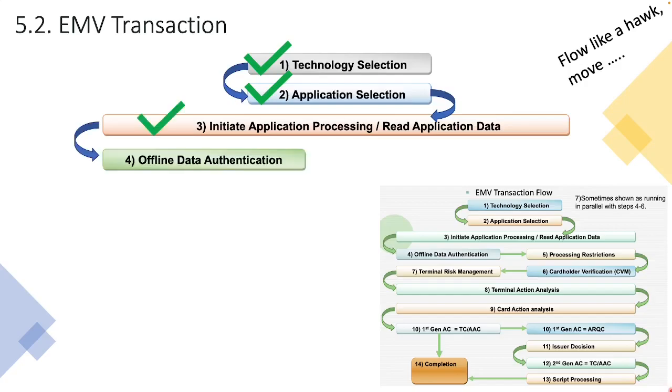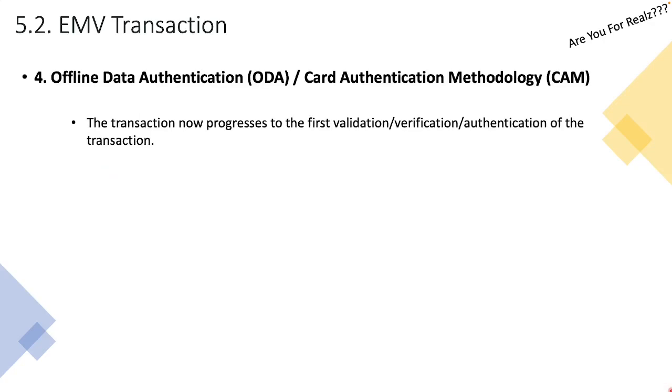And so where we are today is the fourth phase, or the fourth step, which we refer to as Offline Data Authentication. You may also hear it referred to as CAM, Card Authentication Methodology. Basically, the purpose of this phase is to authenticate that the card is genuine, that it hasn't been counterfeited or cloned. So let's get straight into it. Offline Data Authentication, ODA, or Card Authentication Methodology, CAM,